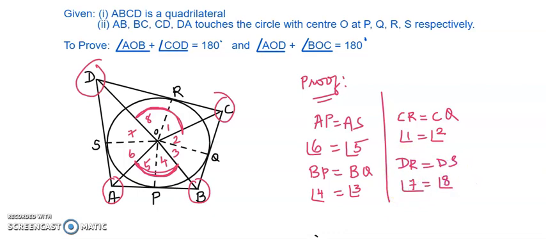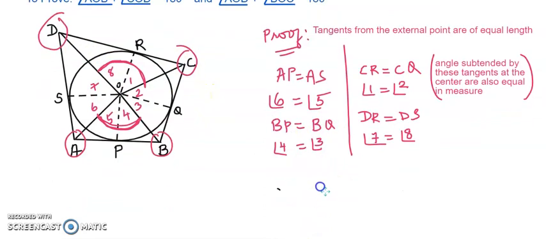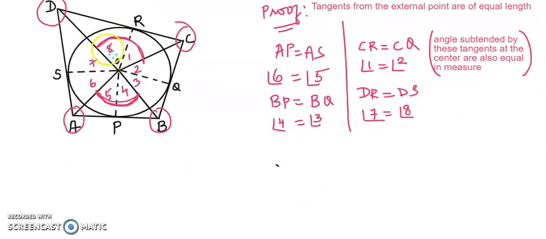Correct? So what is the reason we should say? The tangents from the exterior point are equal in length and the angles that they subtend at the center are equal. These are the two main reasons that we have listed out, the two tangents which are equal and the corresponding angles which are equal. Now we are going to arrange those angles in such a way that we get AOB and DOC. Before we do that, let's add all the 8 angles, because they actually complete the whole circle, so it becomes a complete angle.